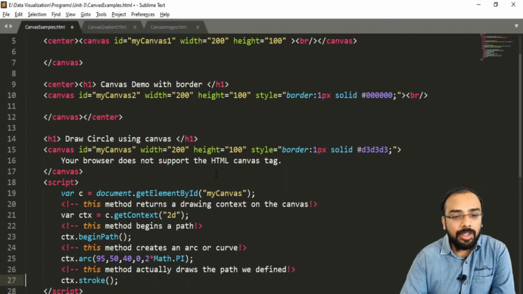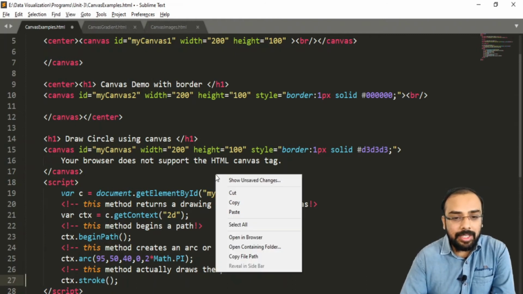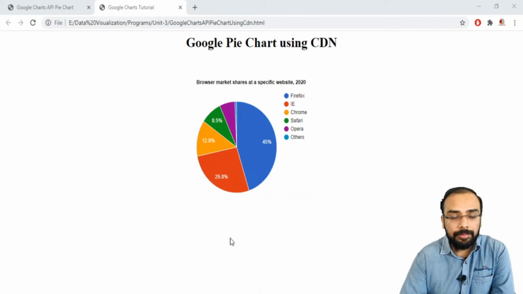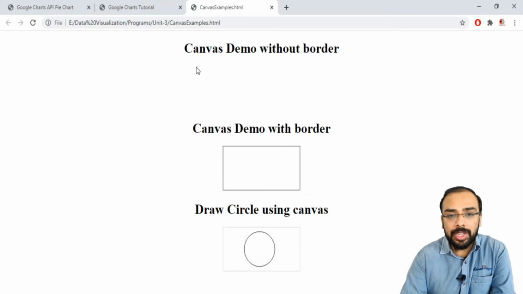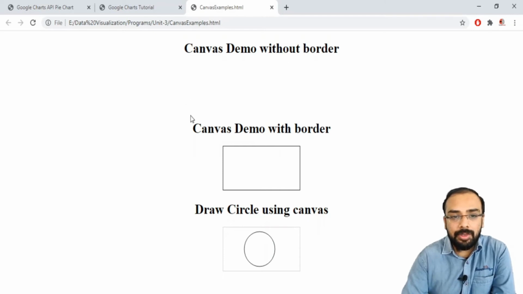So let us run this particular file. How can we run this file? Simply right click and select the option open in browser. Here you can see the first one we have created is a canvas without a border. This is showing you an empty canvas. This particular space has been occupied by your canvas.